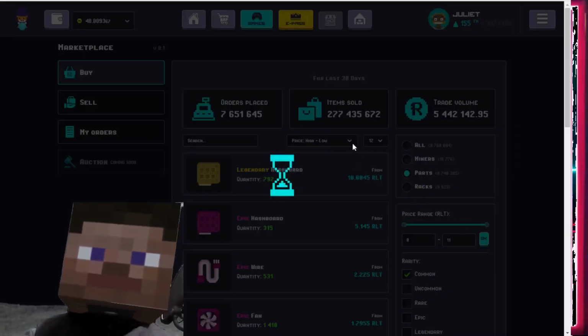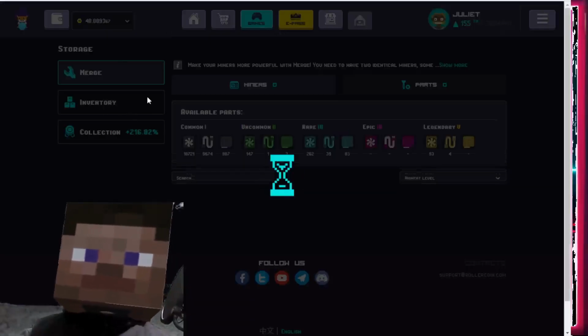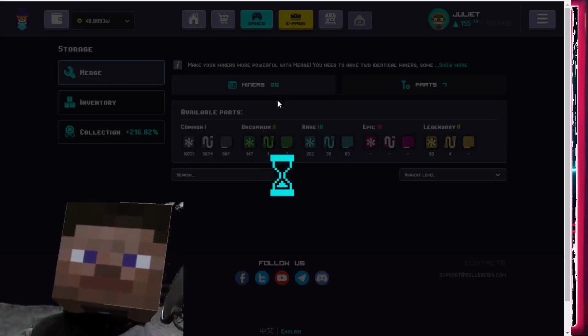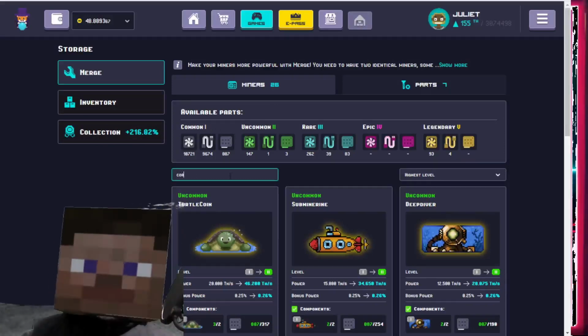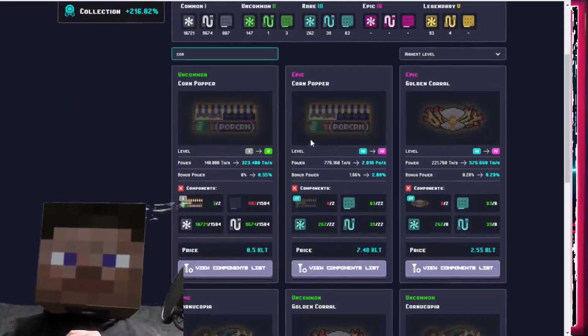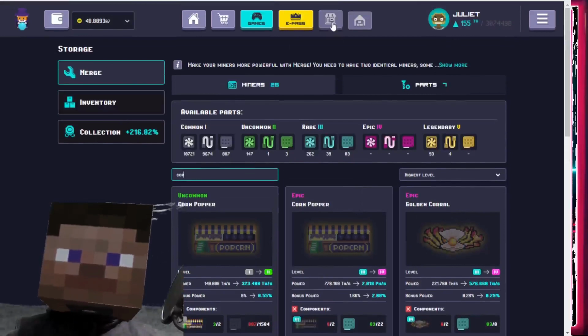We're looking for common. Yeah, what have we got? Actually, if we look at inventory, I think we've got about 800 or so, haven't we? We need 1,500 and something. So we've got 887. If we go into the merge, here, so if we type in corn, okay, right, so we're looking at two uncommon. We need 1,584, I think that is right. So basically 1,600 is what we need, isn't it? So if we go into here,